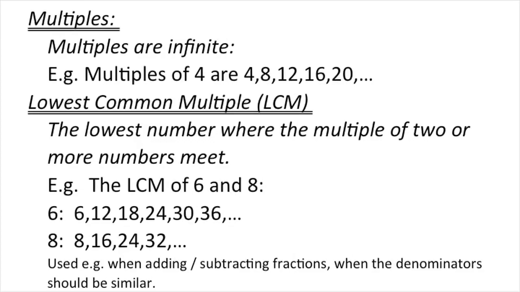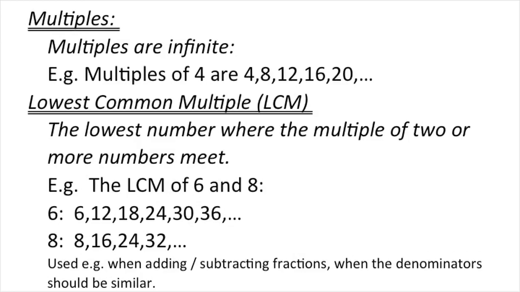Multiples. Multiples are infinite. It doesn't stop. So the multiples of 2 will be 2, 4, 6, 8, 10, 12, etc. And you know that you can go on and on. So multiples don't stop. We sometimes use the lowest common multiple. Lowest common multiple is the multiple of 2 or more numbers where they meet, when they are the same,